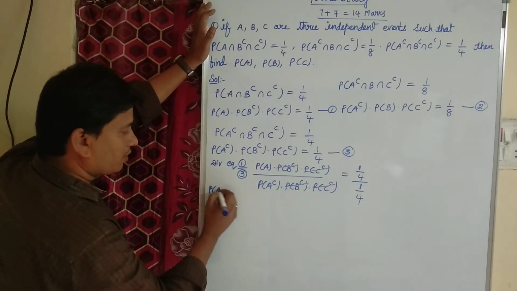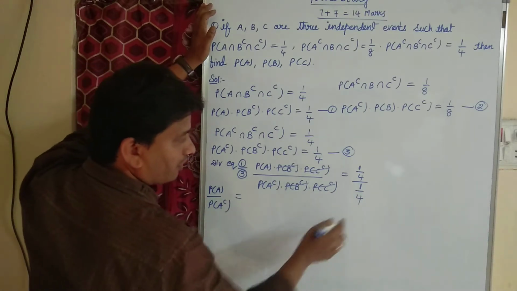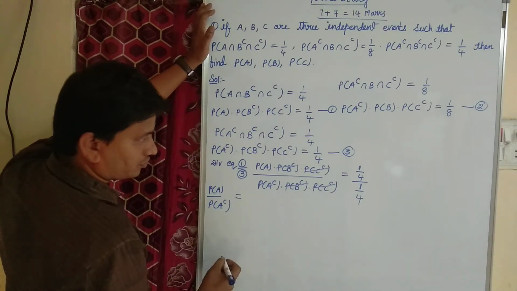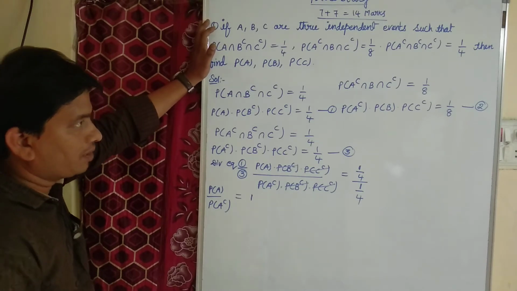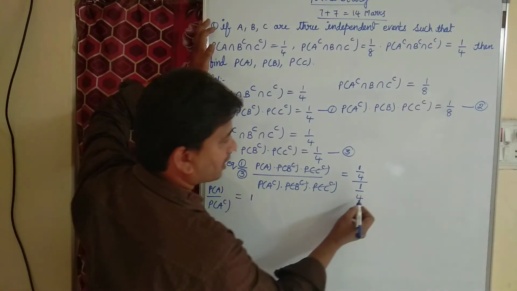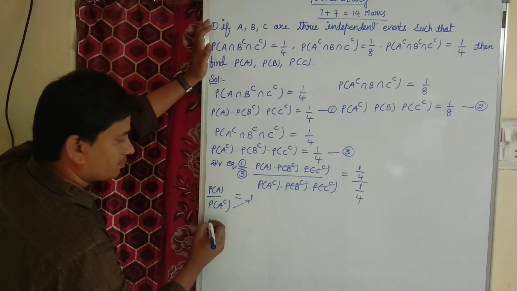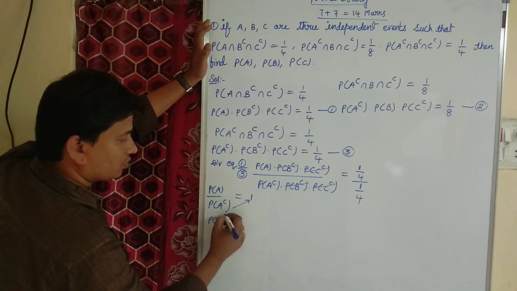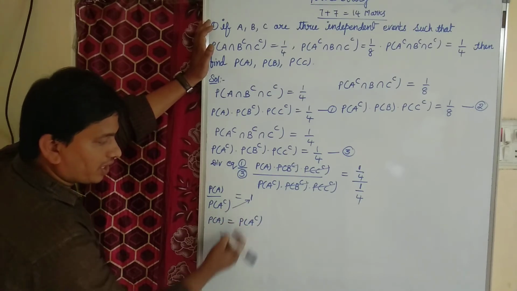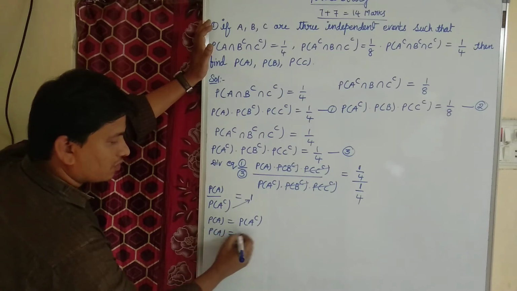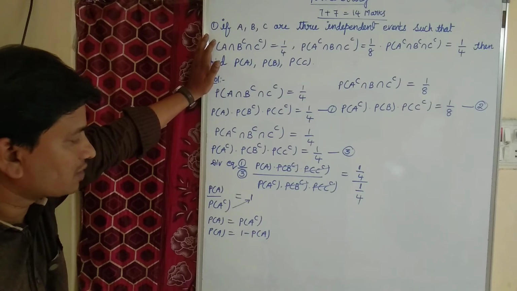So we got P of A by P of A cap equal to 1 by 4 divided by 1 by 4. It will become 1. Right? So P of A by P of A cap equal to 1. Here I can cancel 4, 1 divided by 1, I'll get 1 only. So cross multiplication, P of A equal to 1 into P of A cap. How can I write P of A cap? We can write P of A cap as 1 minus P of A. Yes or no, children?